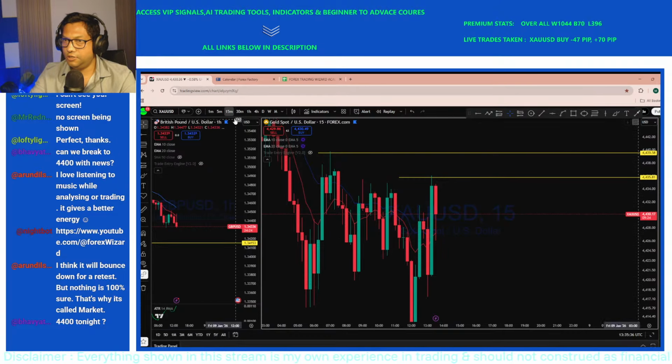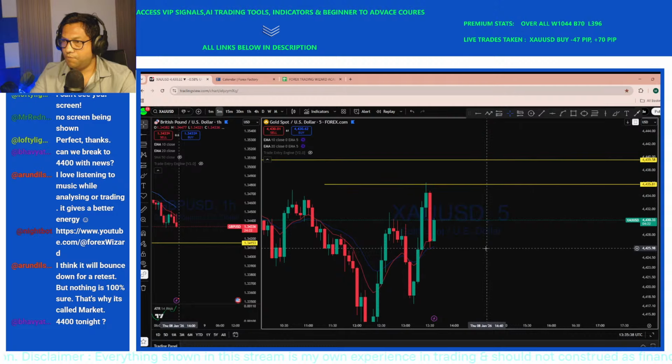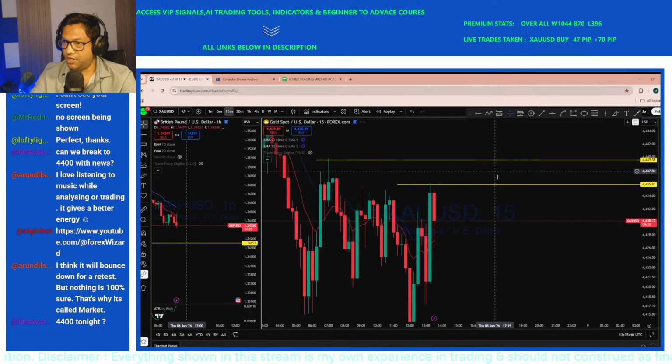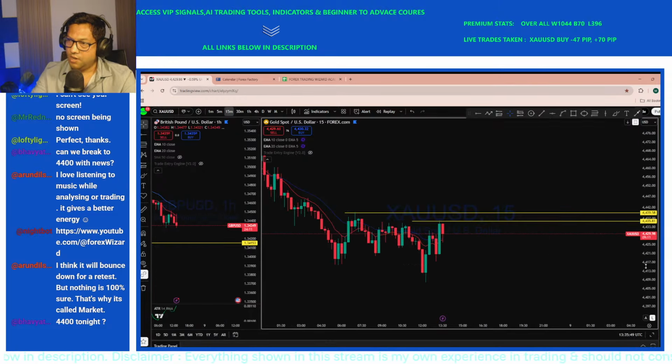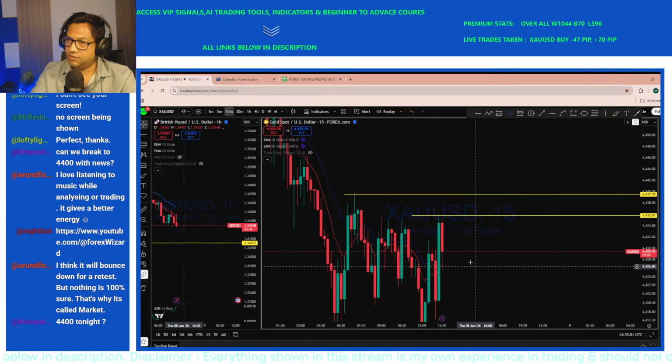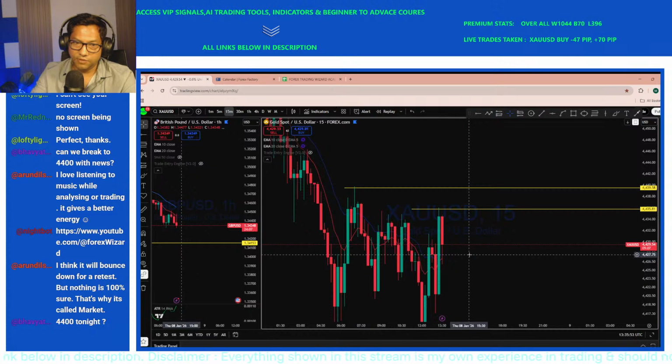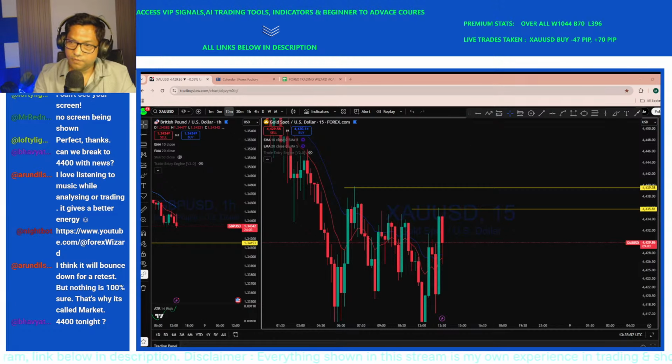So here it is potentially a bullish price action that you can see. Slowly forming a possible reversal pattern, and if that successfully forms that reversal, you can do that, but we will be looking at